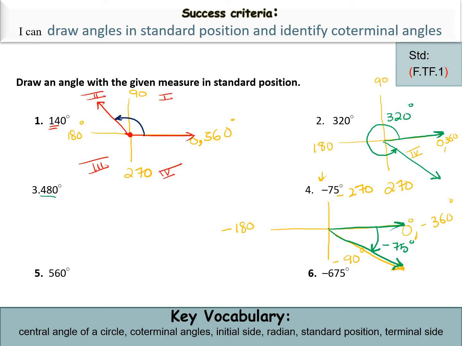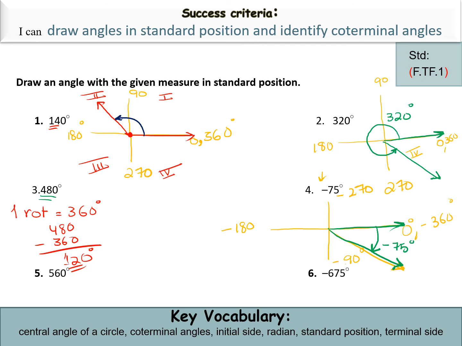Now let's make 480. So first of all, ask yourself a question. What is 480 degrees? You have only one rotation. One rotation equals 360 degrees, which means for 480 it moved more. After one revolution it moved more. So how much more did it move? You can say 480 minus 360 degrees gives you 120 degrees. It means after taking one rotation, you moved 120 degrees more.